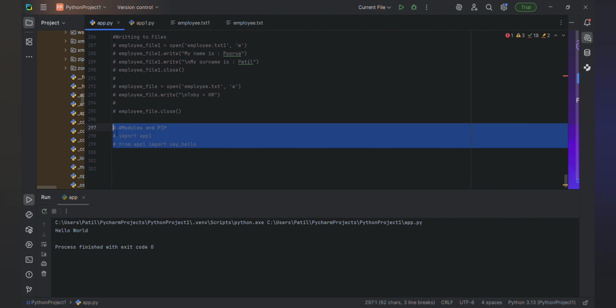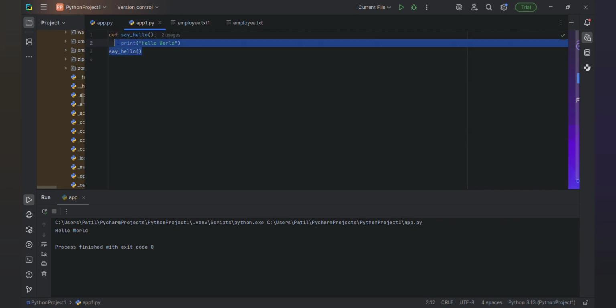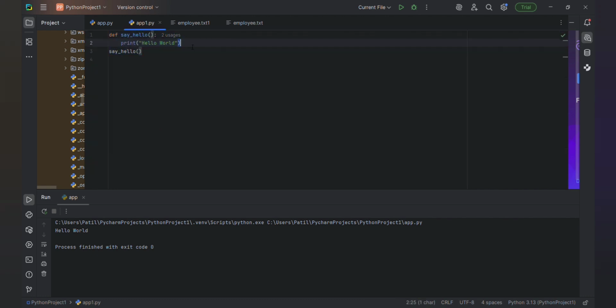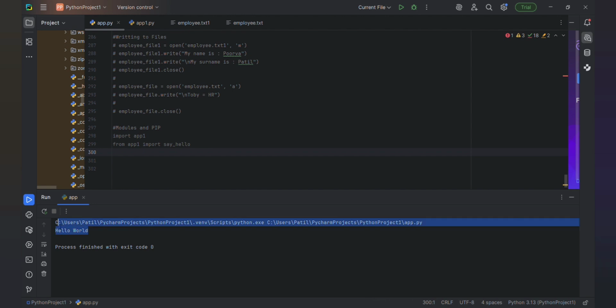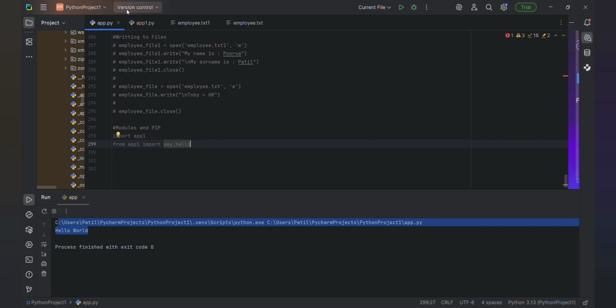I am not telling you all the modules, but I will tell you some of them, like import app1. See, I have already written some app1, so I want to import this in this file. I just said import app1, and I have imported, see, from app1 I have imported the say hello function. In that, hello world is there, so it will print hello world here. It is printing here. So this is importing. One is manual, like this is the module, and in Python so many inbuilt modules are there.